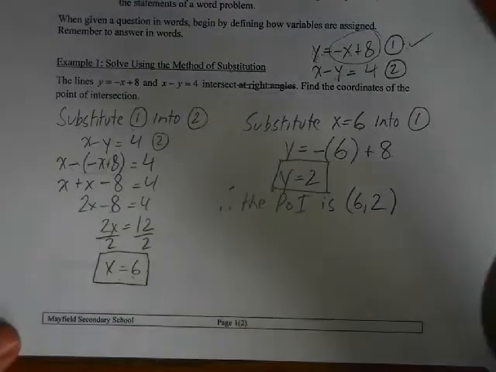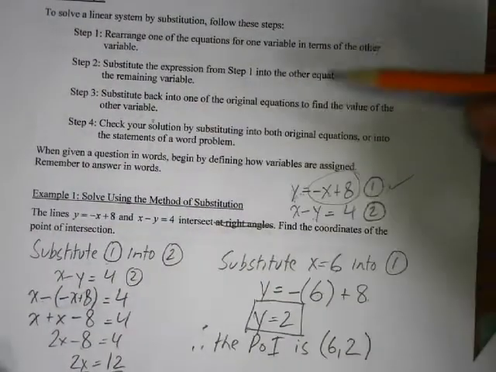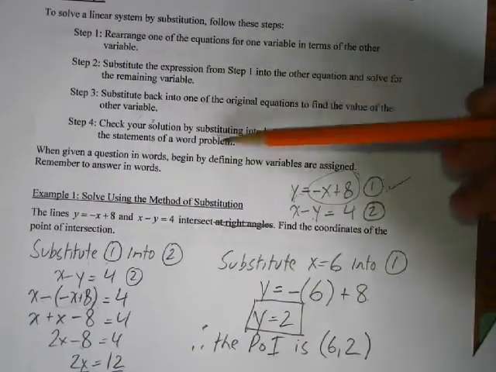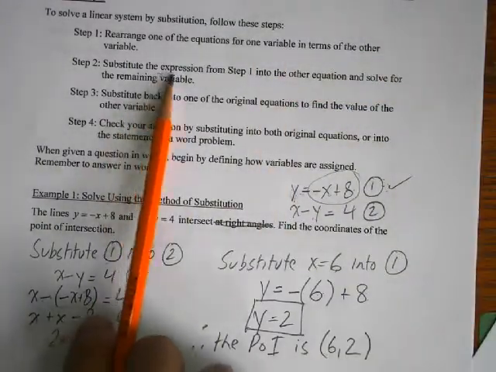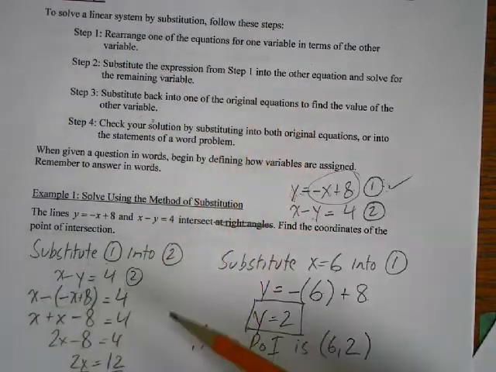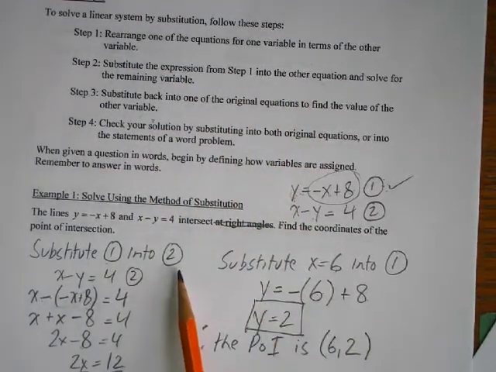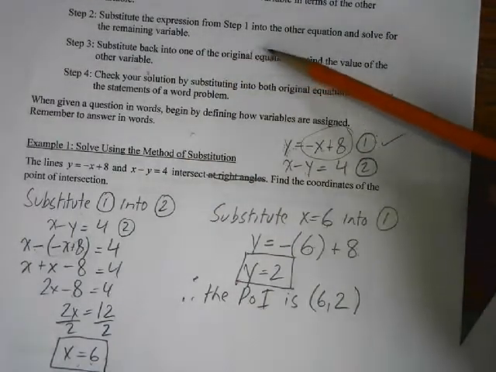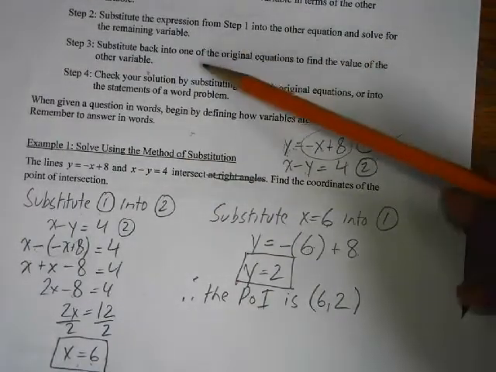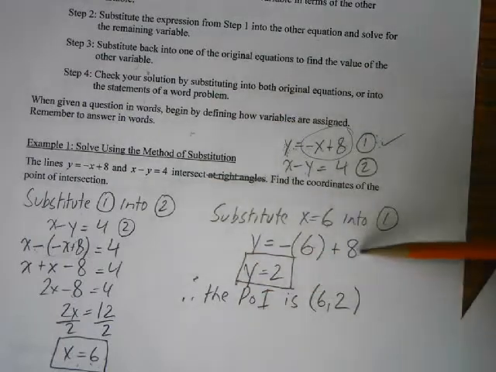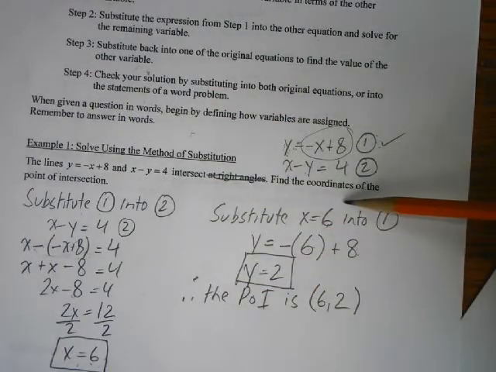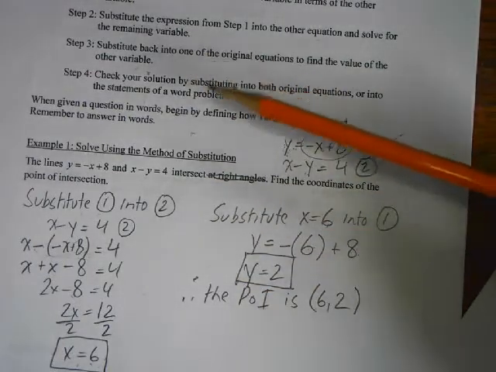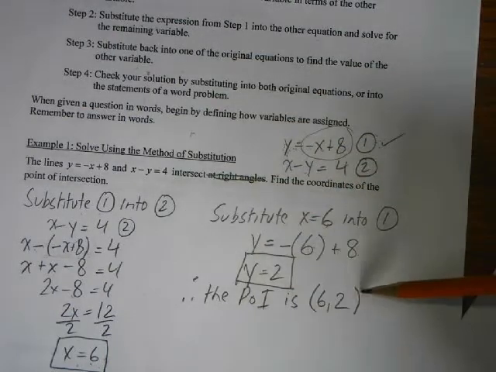So if we go back to the steps, we kind of ignored the rest of the steps. Substitute the expression from step 1 into the other equation. That's what we did here. And then substitute back into one of the original equations to find it. So that was this step here. Substitute that back in. And then this last step is not so much to find the answer, but to